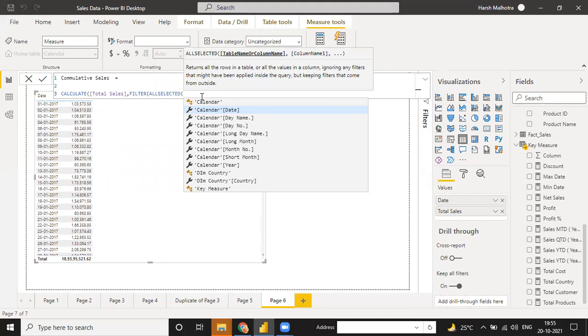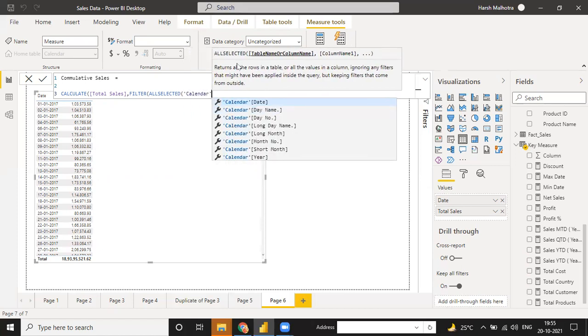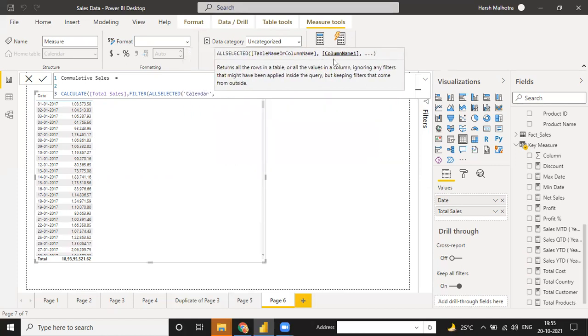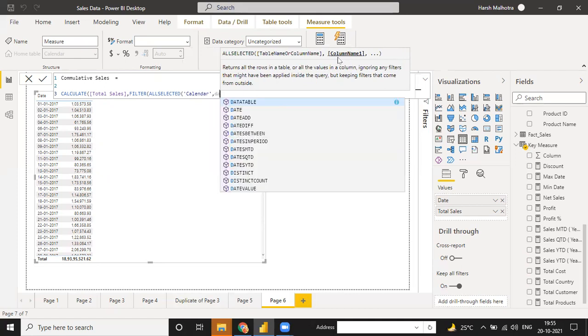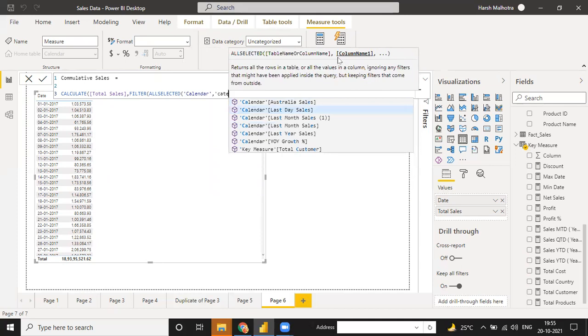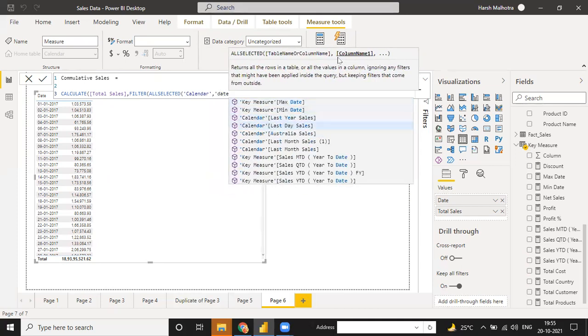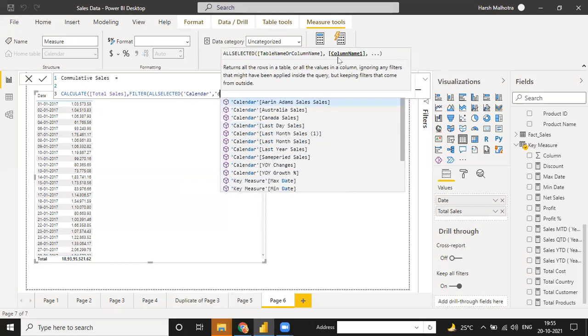ALL SELECTED means a complete table name or a column name. You can put any name. So right now I'm going to use the date. Date means you have this calendar table, and in this calendar table you can use your column name. The column name is under this calendar table.